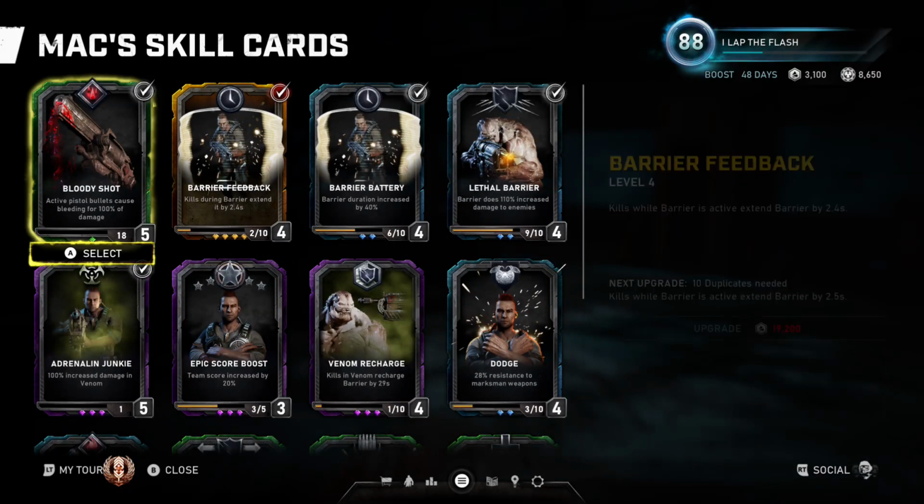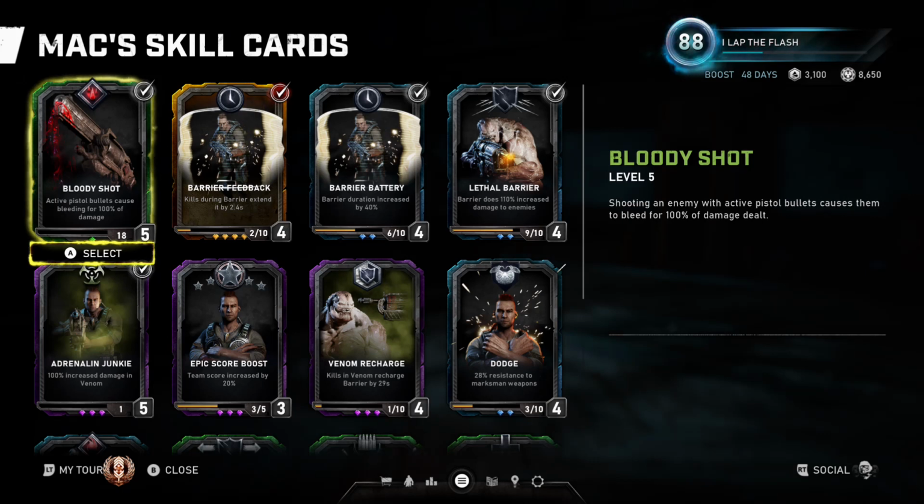So now on to the optimal setup. I like the Bloody Shot. I like my magnums, especially the magnum hurts to begin with, so just keep getting actives. It requires you to get the active, so this is good for the people that consistently get actives. Now you're getting that,